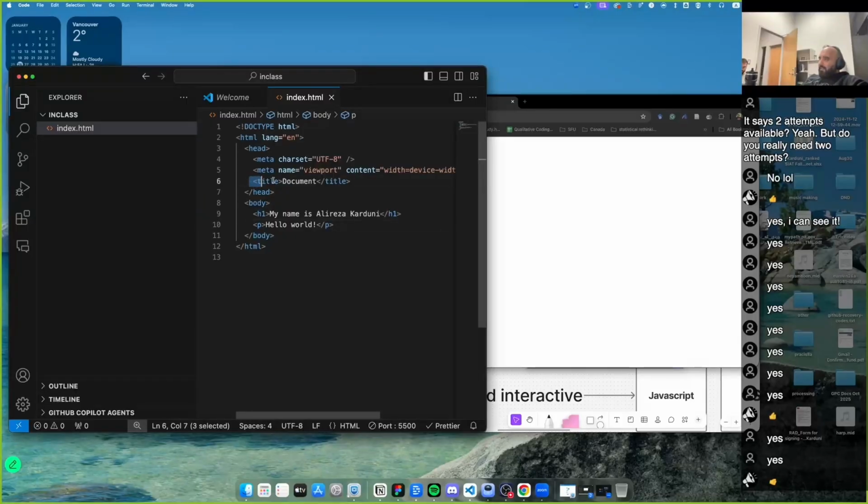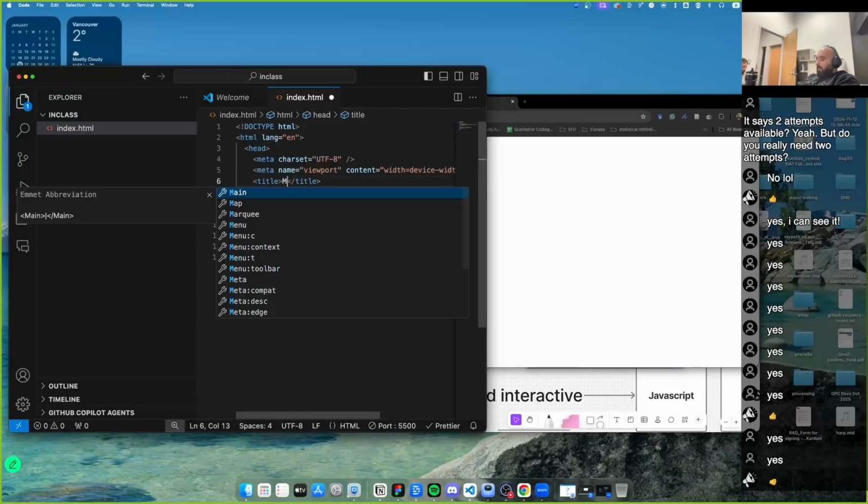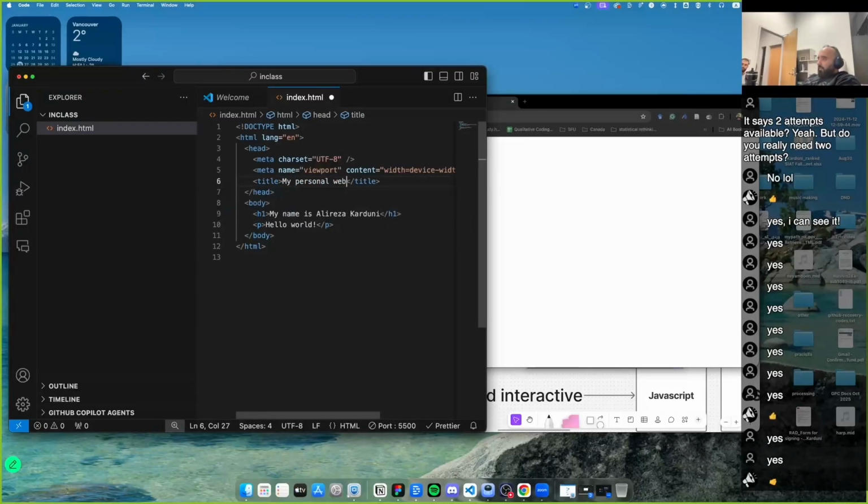Similarly, it's telling that the title of this page is my personal website. So it's telling it that this is the title of the web page. The head element is essential. You want to always have it. It contains metadata, meta information about the page. This doctype tells the browser that this is an HTML5 document. You don't really need to know that, but you always do